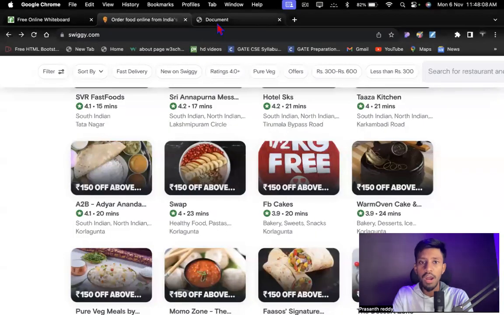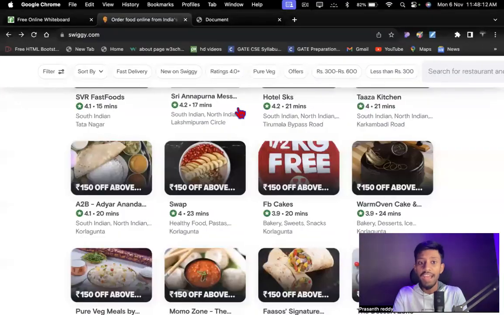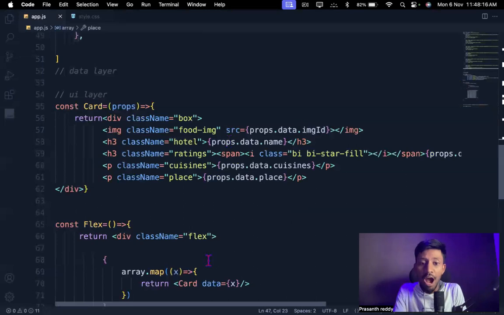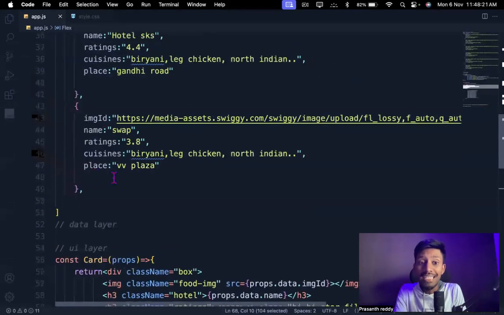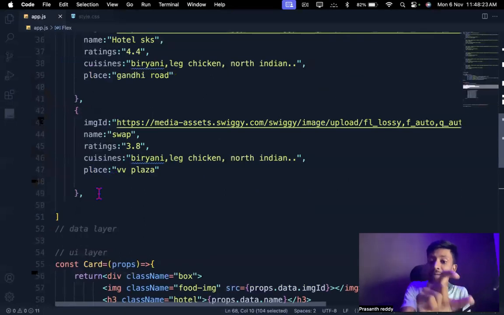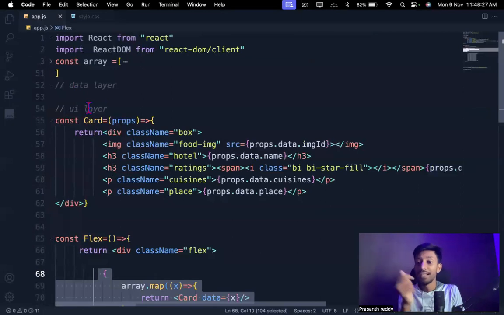Now if we go and check it out here, what have we done? I think it's perfectly valid. Let's go and see. Now I've added one more data. This time I'm not even touching this data or this UI code. I only made changes inside my API. Now, will this API change reflect inside our data or not?